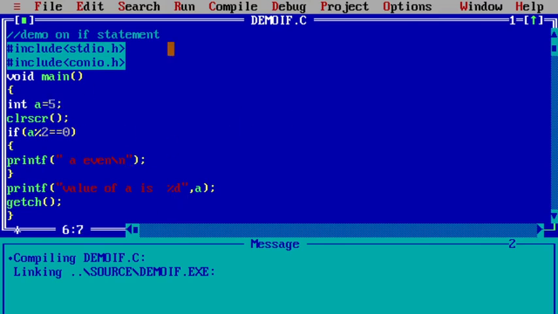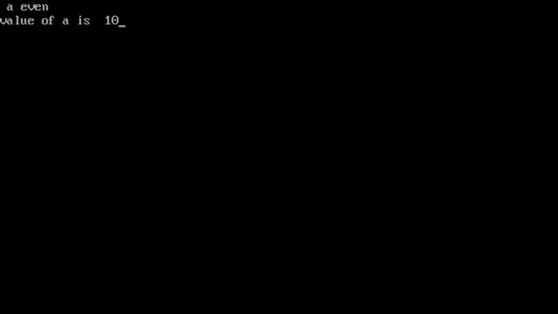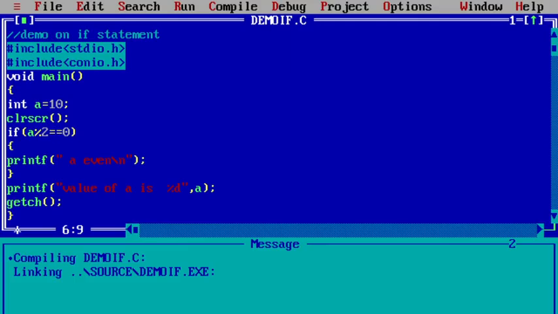Suppose now I give an even number, like 10. See, a is an even number, value of a is 10. Understood? On every execution this statement is going to execute, but this statement executes only if the condition is true. Otherwise this statement is not going to execute. Hope you understood,